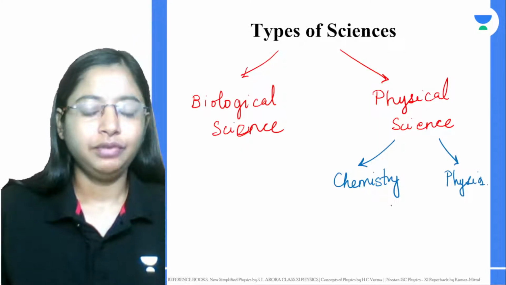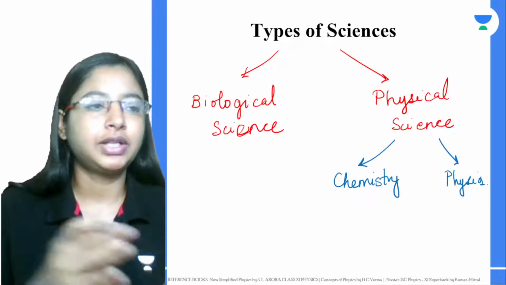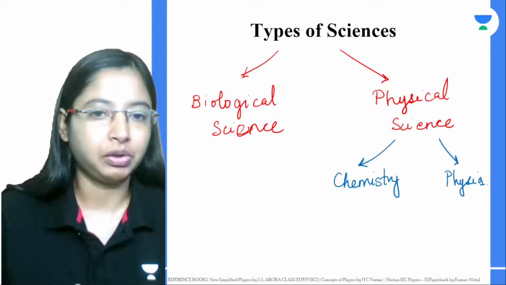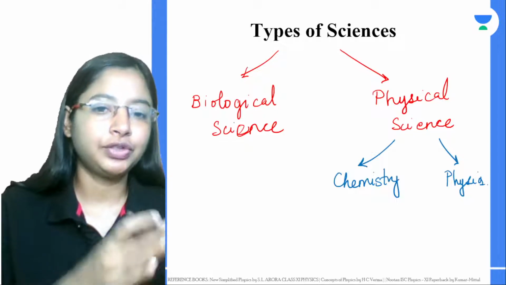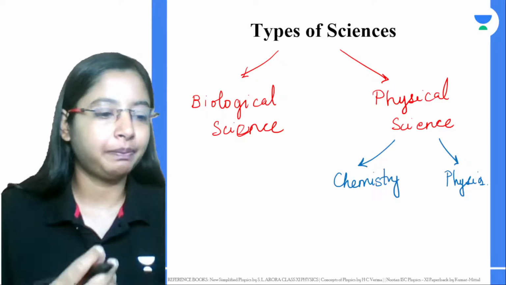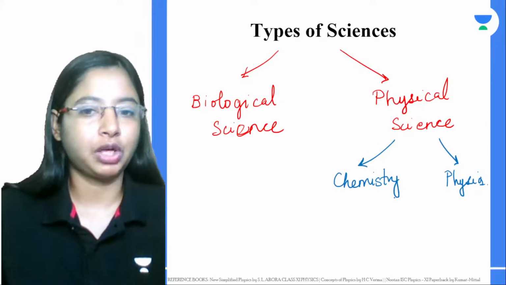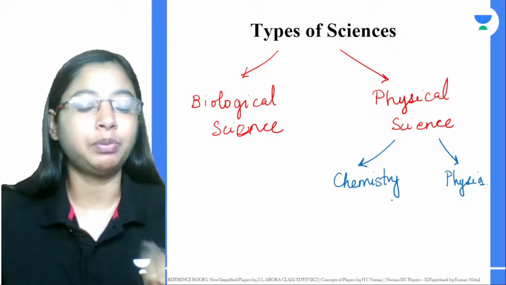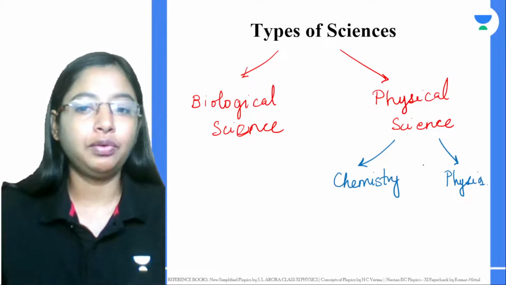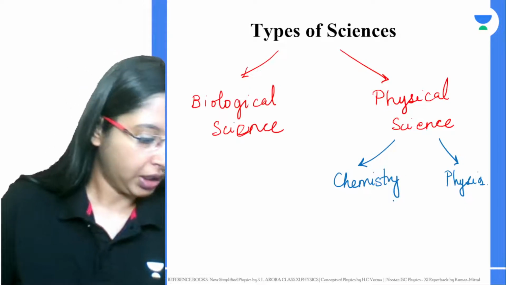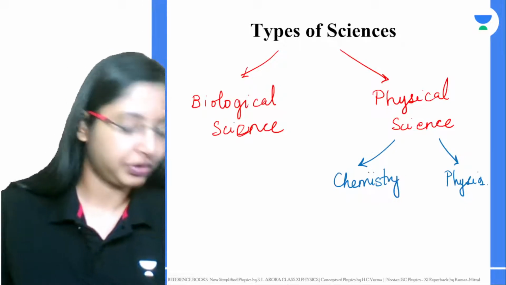In chemistry, if you take any matter, we study what the composition of that particular matter is, what makes up that matter. When you're studying in depth about any matter, what is the structure, what is the atomic structure, how many protons are there, how many electrons are there, what are the forces that are binding them, all of those mostly come under chemistry. Yes, Akshay, chemical compounds, right?